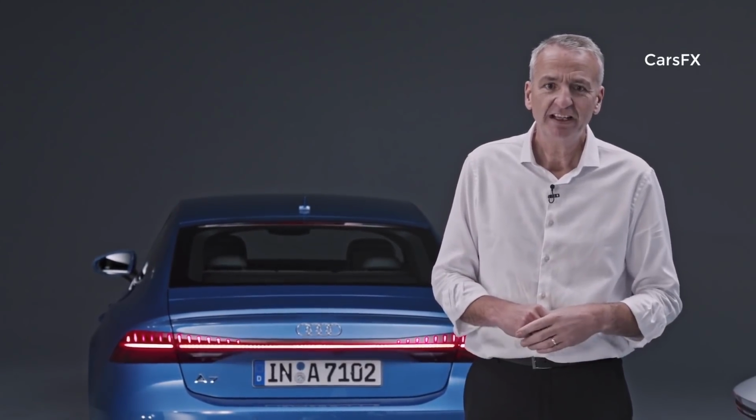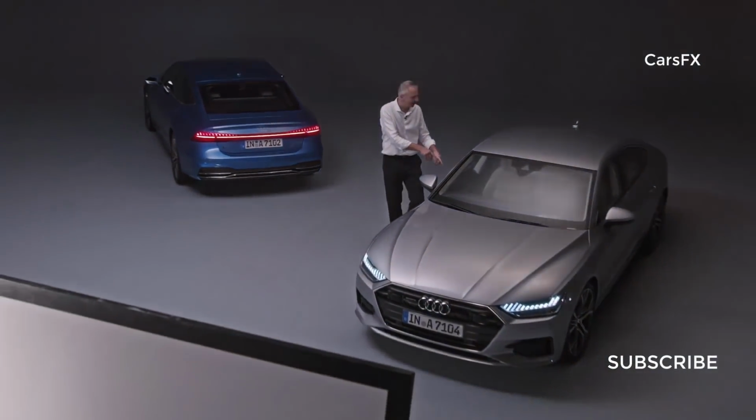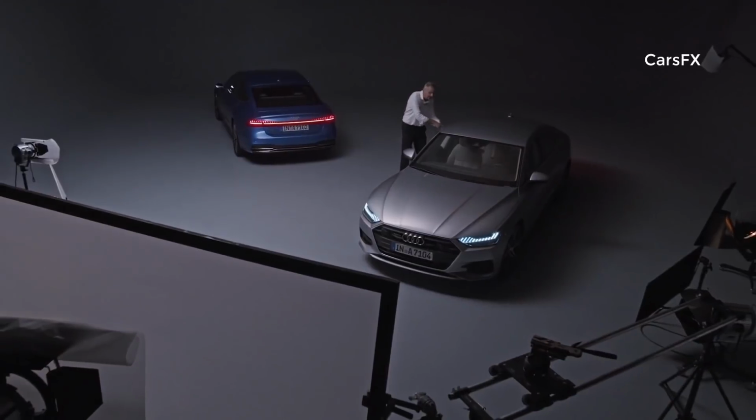Cut. Thank you. OK, but what about the heads-up display? And the mood lighting? And the seatbelts that light up in the back? And the